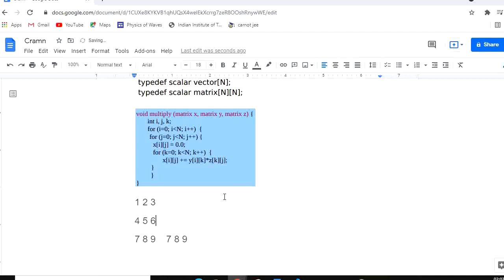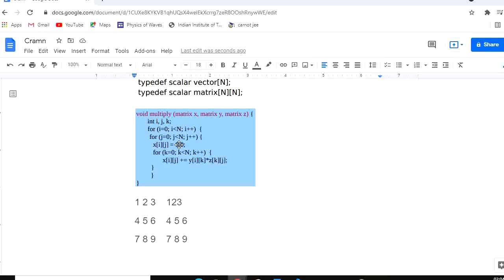What we do in matrix multiplication is multiply one row by the column of the second matrix. So we multiply 1 into 1 plus 2 into 4 plus 3 into 7. The first row of the first matrix and the first column of the second matrix, and we put that in the 0 0 location of the resultant matrix. Here we can see how the code works. x[i][j] is the resultant of the matrix.